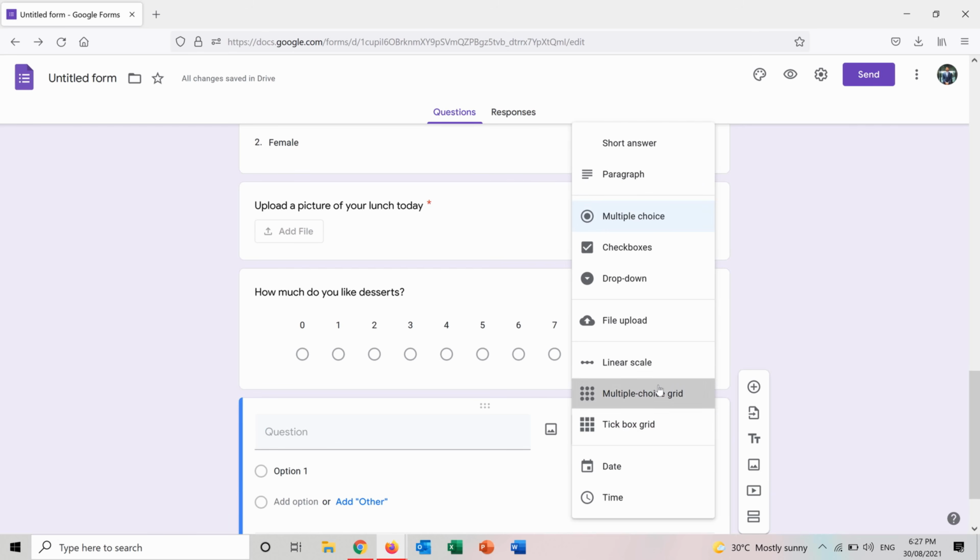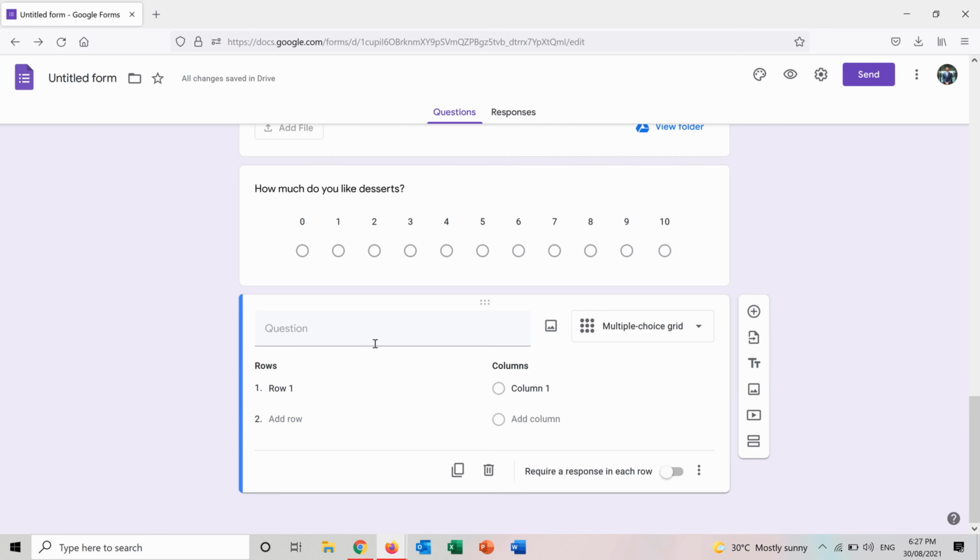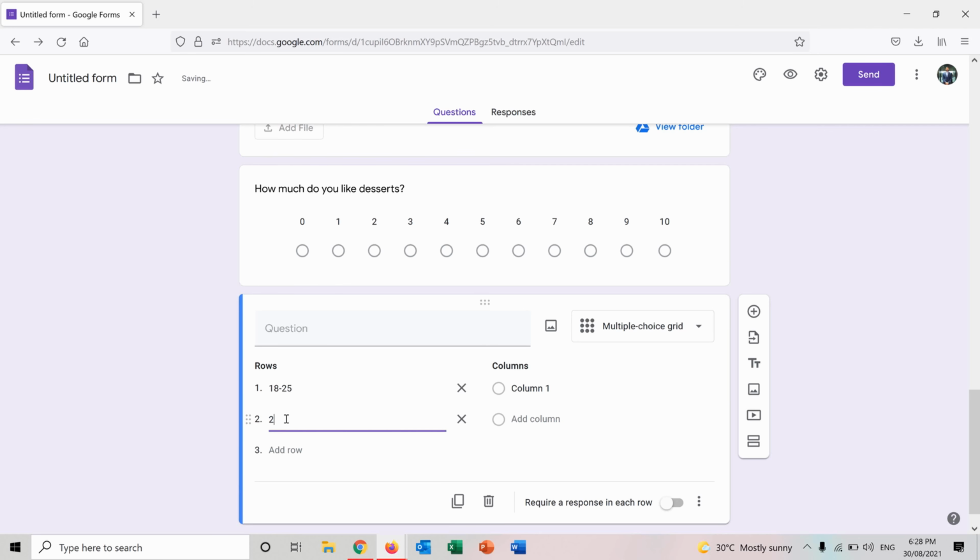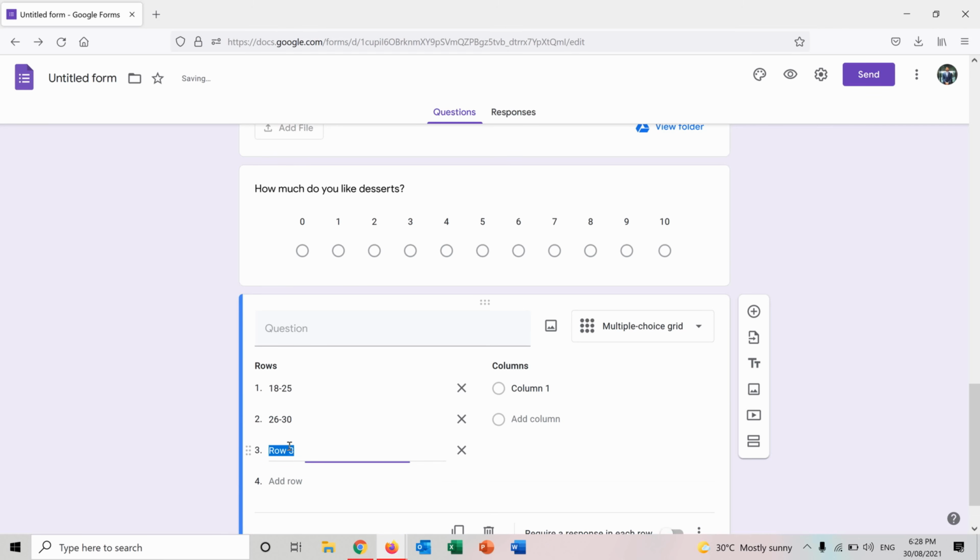Next one is the multiple choice grid. So here you can choose from different rows and different columns. So for example, I want them to answer this as age, so here from 18 to 25, and here from 26 to 30, and here 30 plus, and here the question will be fast food, homemade,